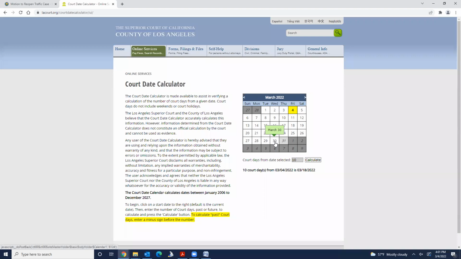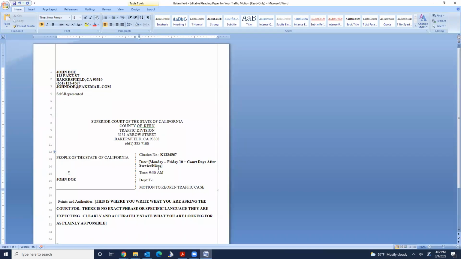So we have to make sure that that's a day that the traffic calendar is heard in that court. So we'll go back to our pleading, and for all of these traffic motions, we put in the schedule that that court keeps for its traffic motions. So it says right here that at downtown Bakersfield, they hear traffic motions Monday to Friday, which means that our Wednesday is going to work for us. So we're going to put down for our date here,